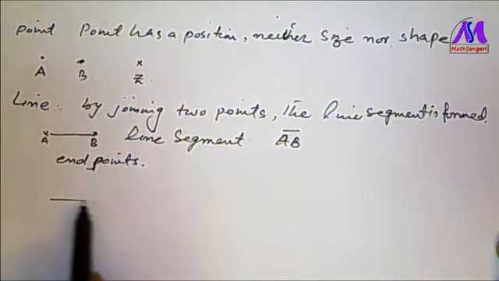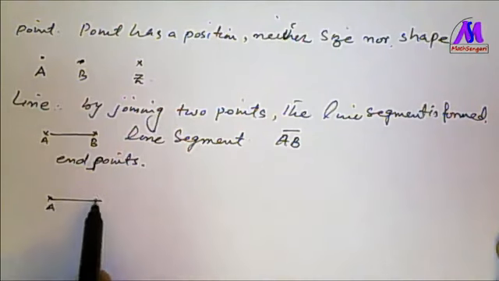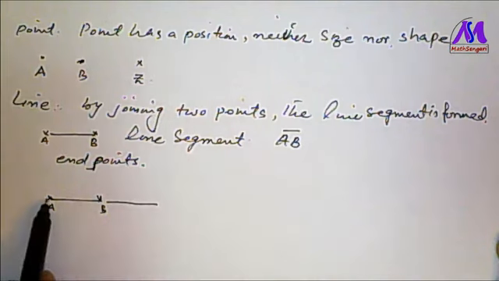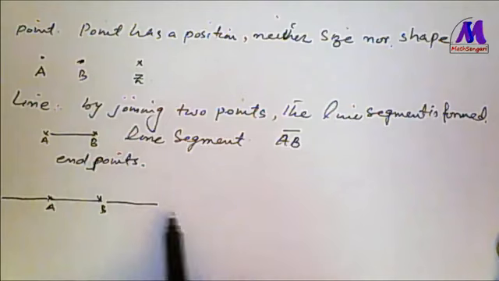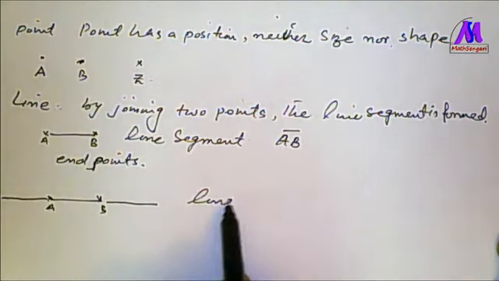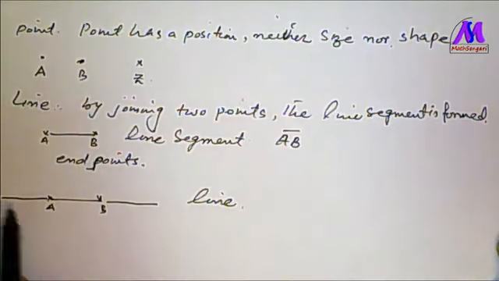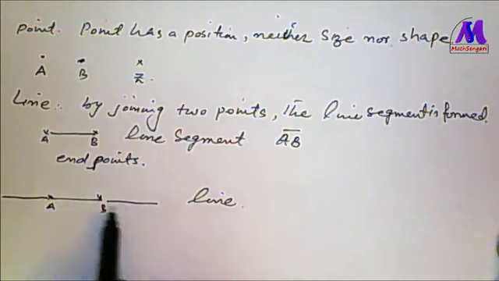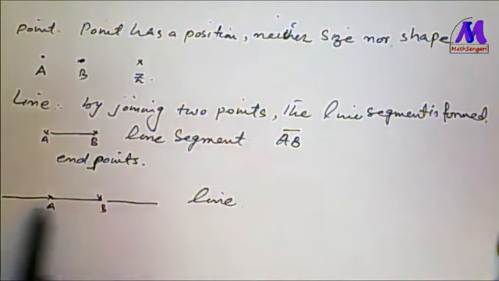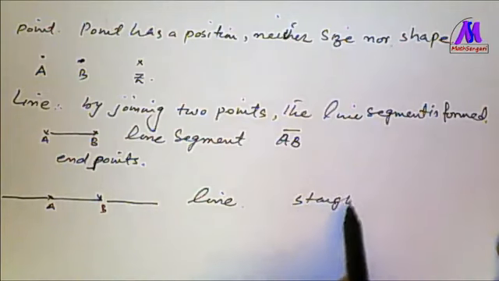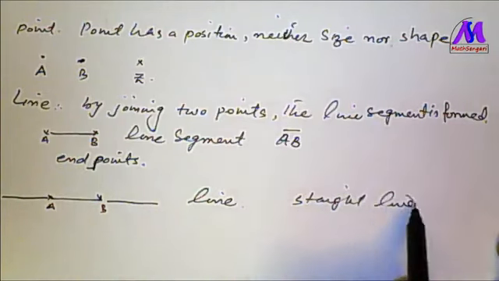If the same case is AB line, and we extend it on both sides in a straight way, then that is called the basic definition of a line, because we don't know the distance between the starting point and the ending point. So that is called a line, and straightly it shall be called the straight line.